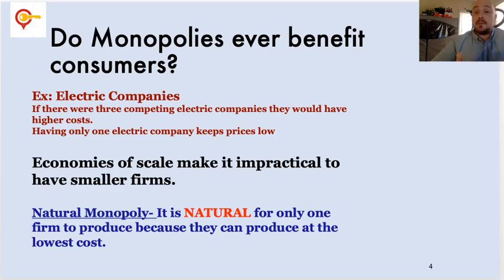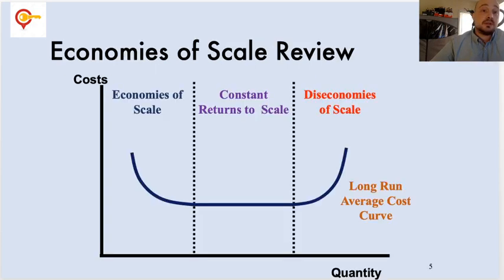Sometimes monopolies can be beneficial to consumers. We call these monopolies natural monopolies. And the reason why they benefit consumers is these monopolies have to be large scale and they have to be expensive, right? I don't know if y'all remember, but we talked about economies of scale. As a business gets bigger, right, as they provide a larger quantity, their cost on average decreases, right? We have this economies of scale range.